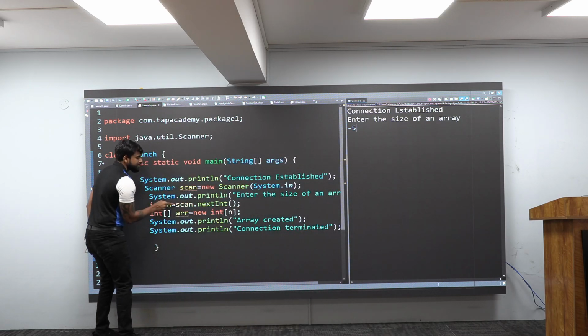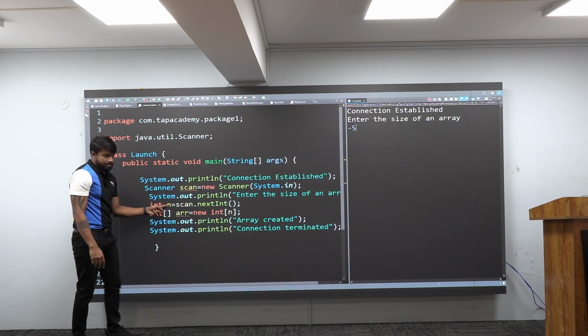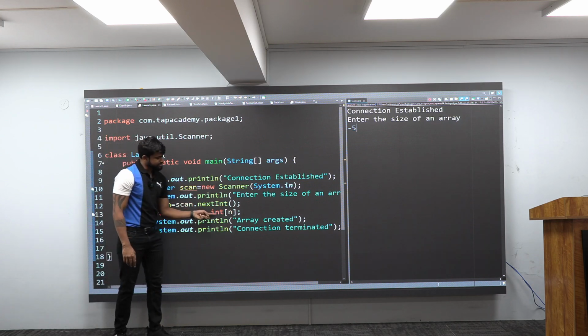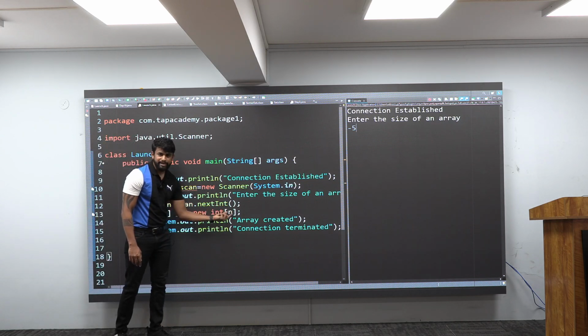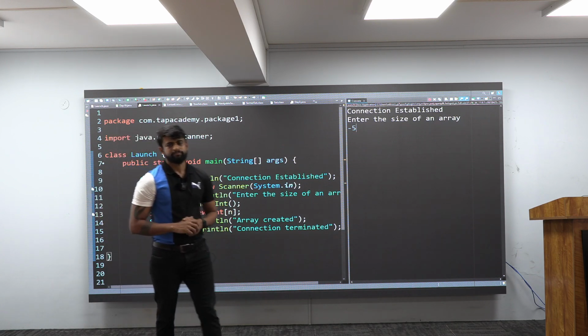Is there any unusual event here? No. It is scanning an integer, and -5 is an integer. No problem here. It will come to new int[n]. What is n? -5. Think and tell me, can an array size be negative?